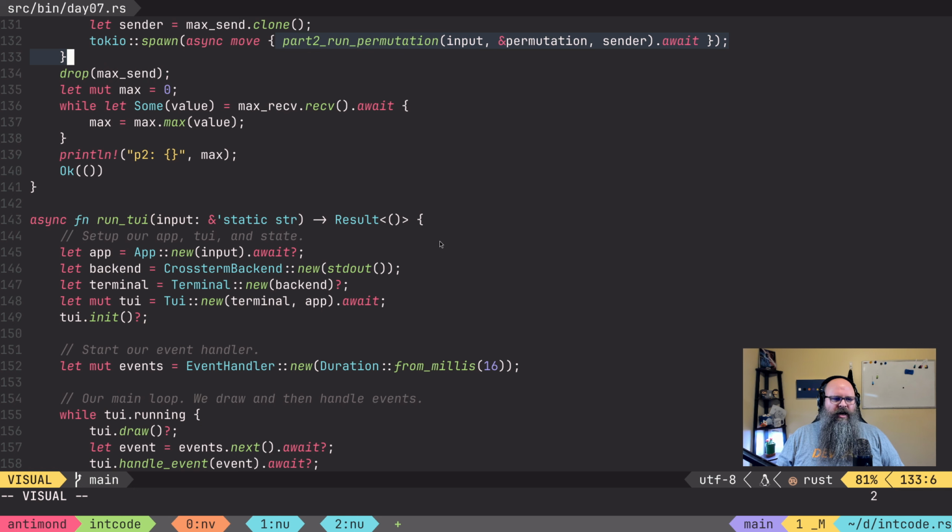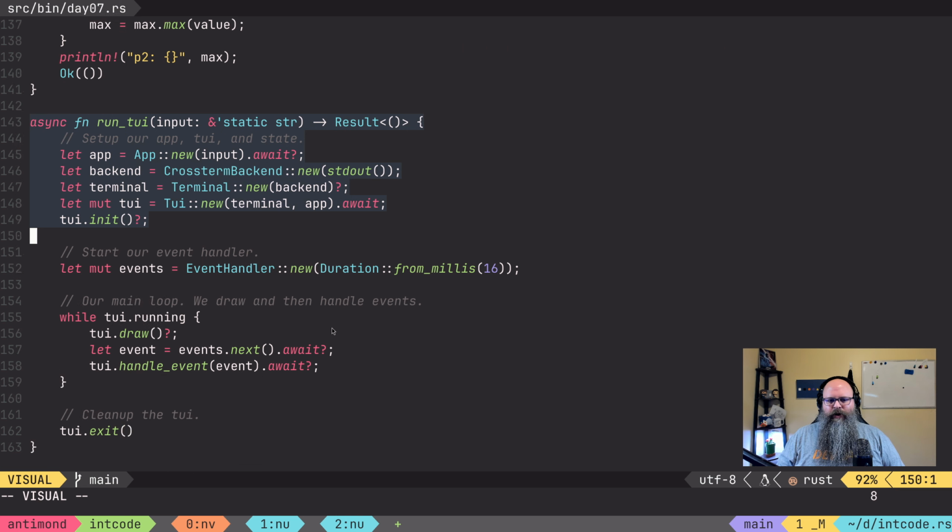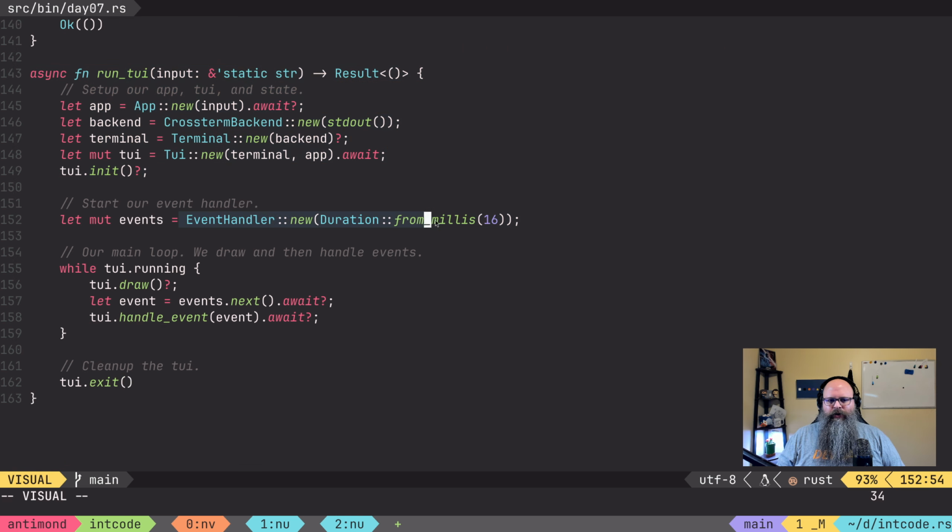Okay, one last part. Let's talk about the UI really quick, and we'll be done, right? The TUI itself, again, I said often you don't want your UI to block ever, and that's definitely true. So I did it asynchronously, but there is a potential if you really wanted and it was really important. Like again, if you're doing some kind of graphics programming or game programming, you may not want to use a quote unquote event handler. But that's what I did here, just to illustrate how you could still run a relatively performant application using something like